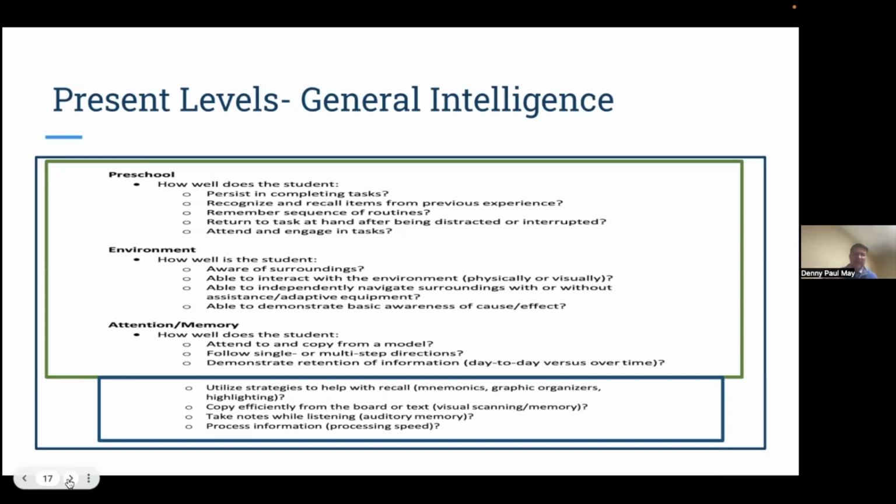So I think it's very important that we focus in on, when we're looking at general intelligence, we really don't leave the other areas out. You got to know those 5 areas on that WISC. But I really think the attention memory piece is one that, the use of mnemonics, graphic organizers, and teaching students to be able to use those things so that they can more effectively house their information so that they can move to higher order thinking. And I think that's very important.